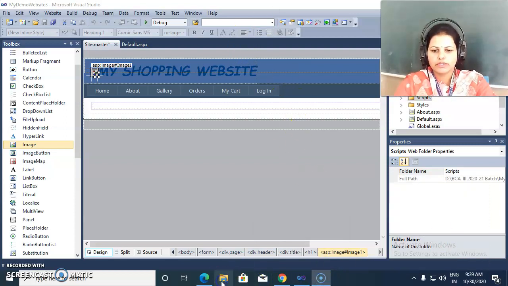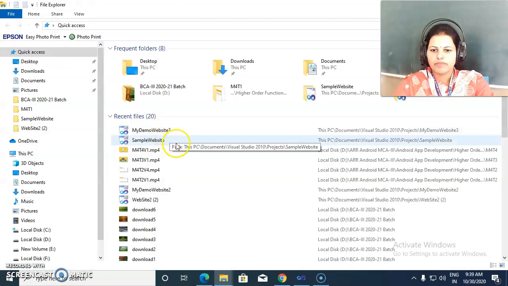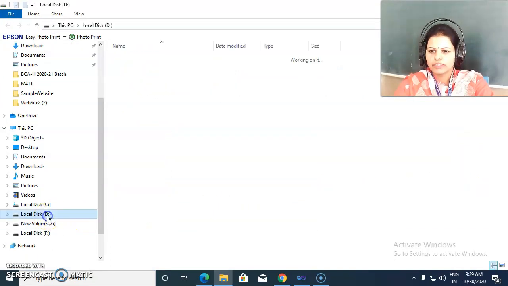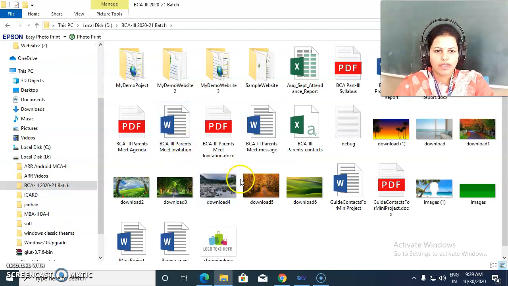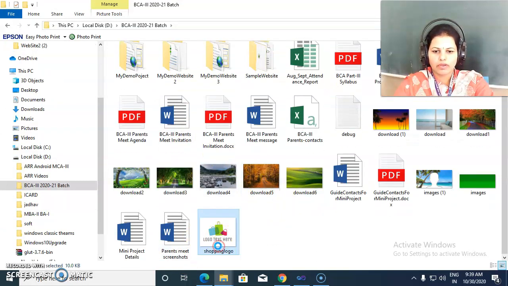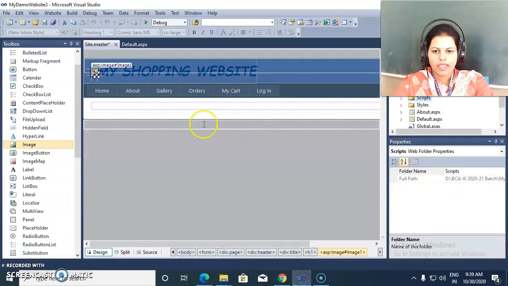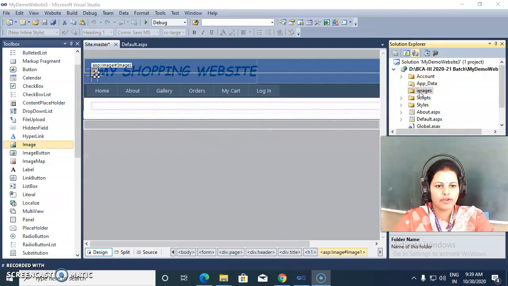Then I'm going to the file explorer where my image file is. I'm selecting one logo and pasting it inside this images folder.